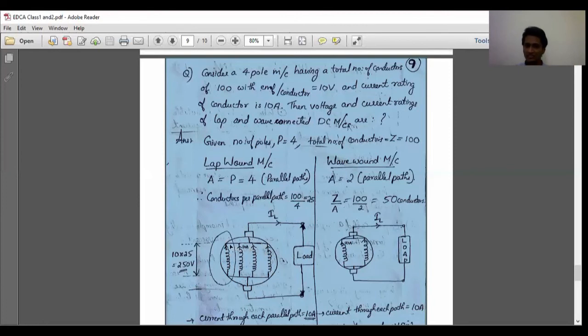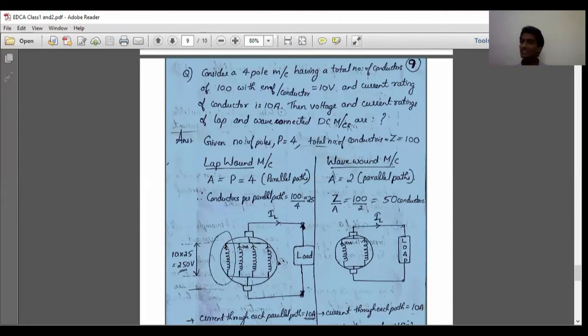Since there is no resistor here, if there were a resistor here, when current flows through that resistor there will be a voltage drop, and the voltage from here will be lesser here. And again, if there is a resistor here, when current flows through it, there will be a voltage drop, and we will get a lesser voltage at this point. But here there is no resistor in between the branches, so the voltage across each parallel path will be the same.